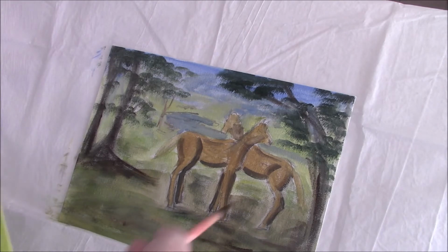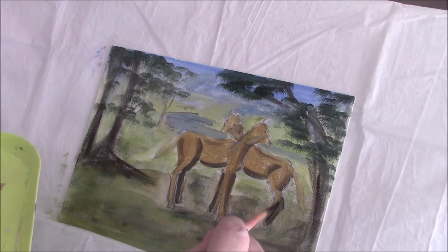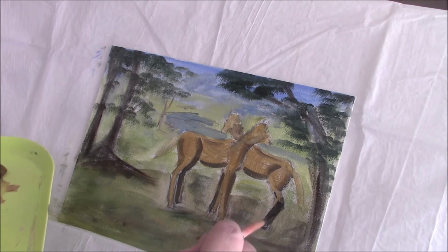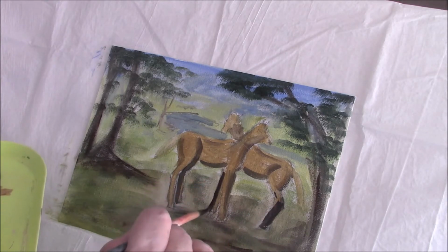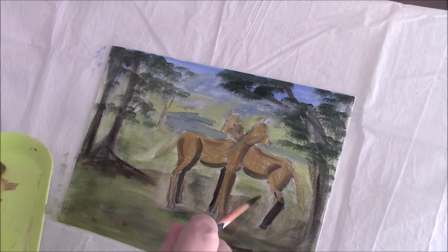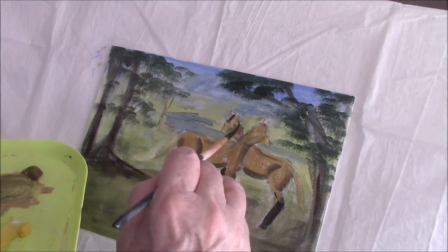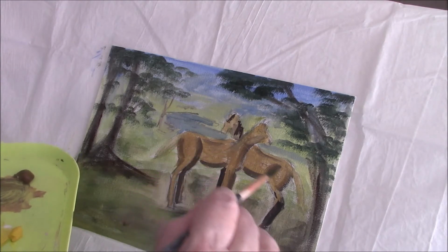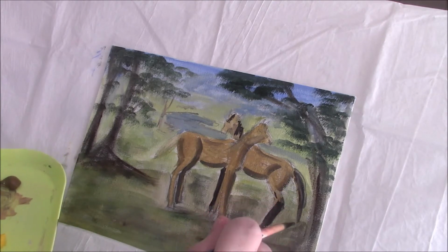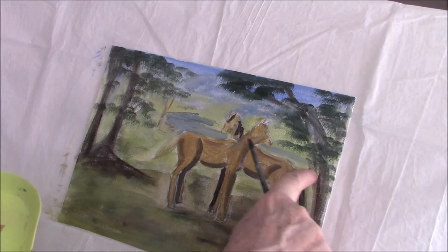I think the horse that's standing behind is going to be brown and darker on the lower part of the legs. That's what I think. And I think it's going to have a dark mane. I might be doing this too soon. And tail. I might be doing this too soon. But like I say, this is me painting. I'm not an